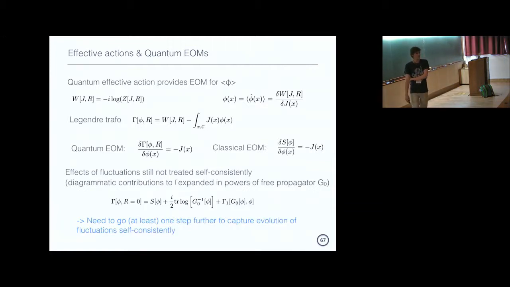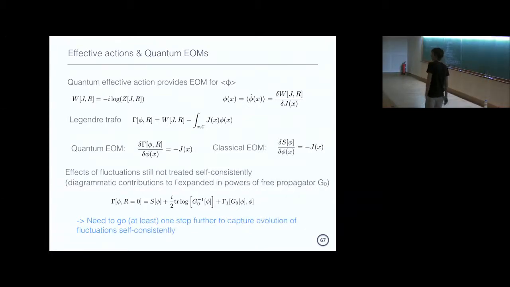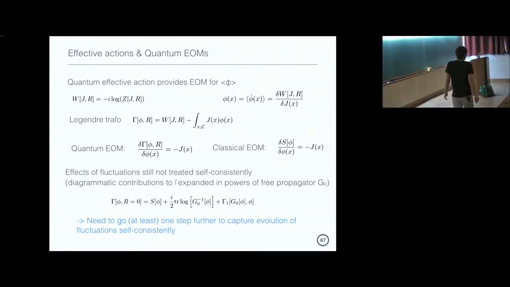I guess you're familiar with this in the context of thermal field theory. Principal Rob was doing similar things. He was constructing a quantum effective potential for his Polyakov loop, if you want. The spirit here is very much the same. Usually we'd have our scalar field oscillating in its bare potential, but now we want to compute, first of all, the corrections to its potential. The way to do this is to use what is called effective actions.